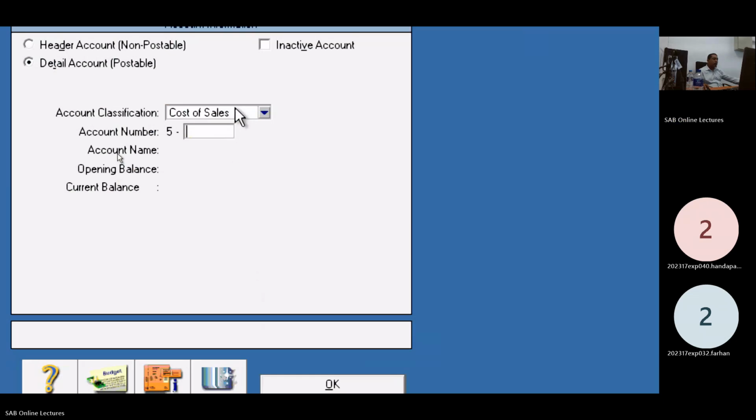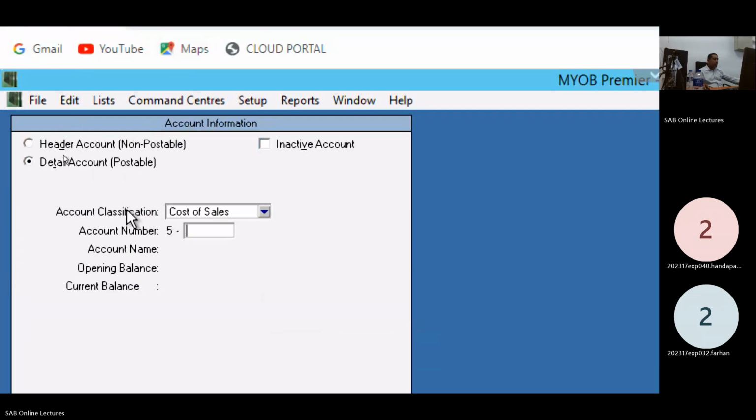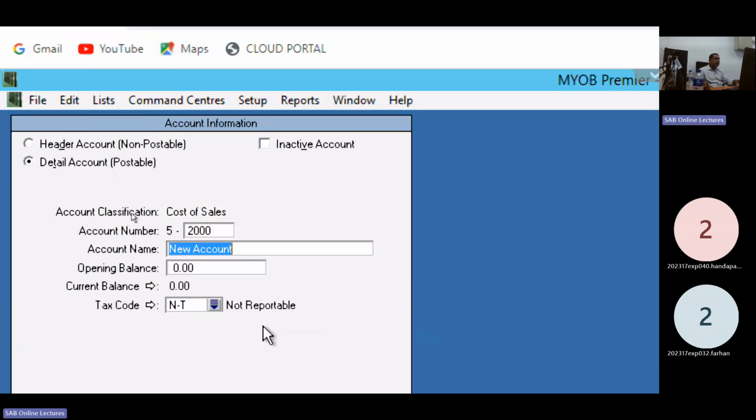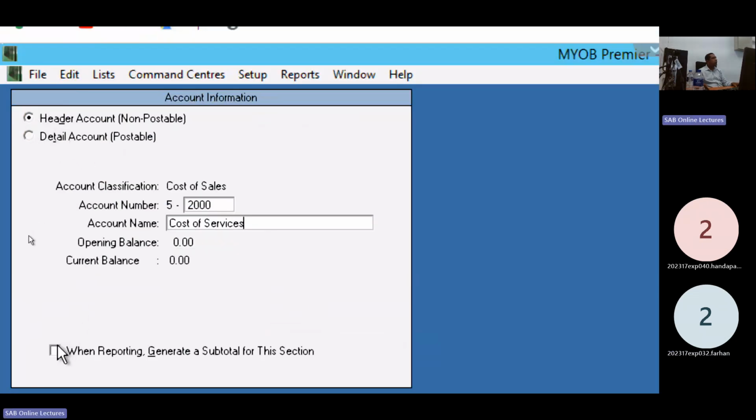Another header account: cost of service, header account, subtotal.